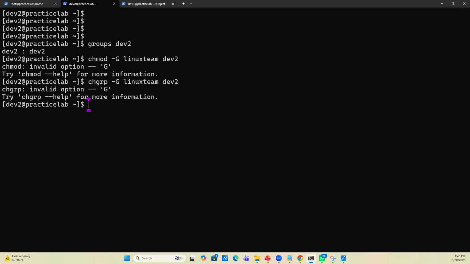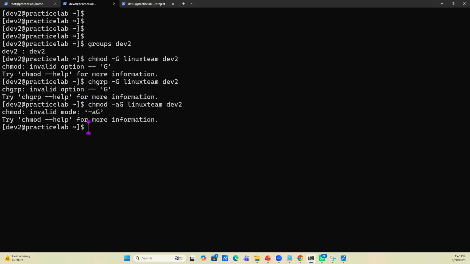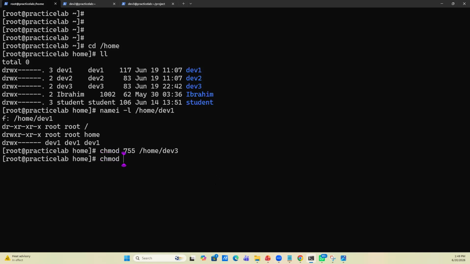Didn't work. So change group didn't work. So now we have the chown command, right? And in the chown command, I can take the user, I can take, well, why can we modify? So why should we not be able to modify -aG Linux team dev2? Okay, so now if we go into the root user and try that, even though it didn't stop us with the permissions,